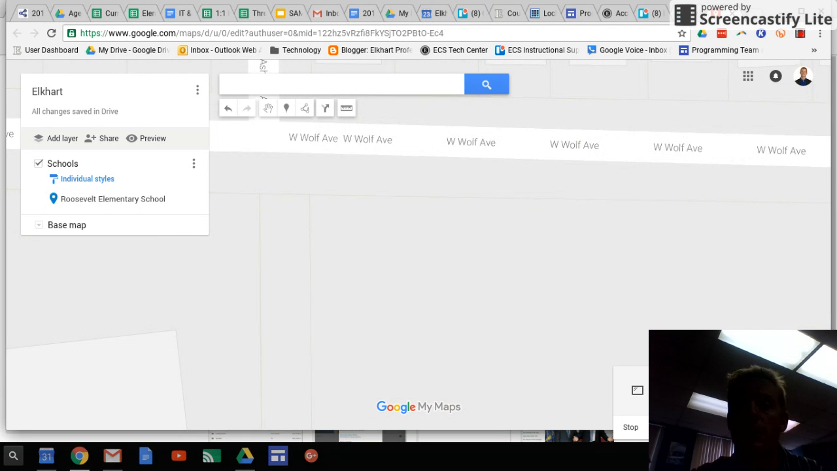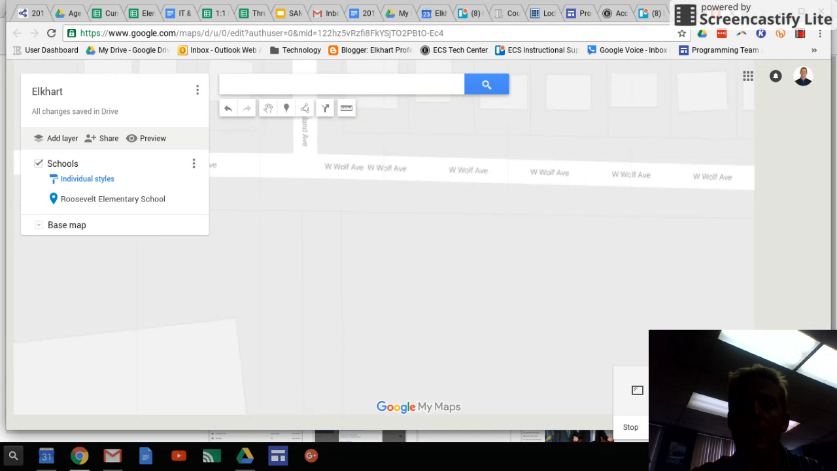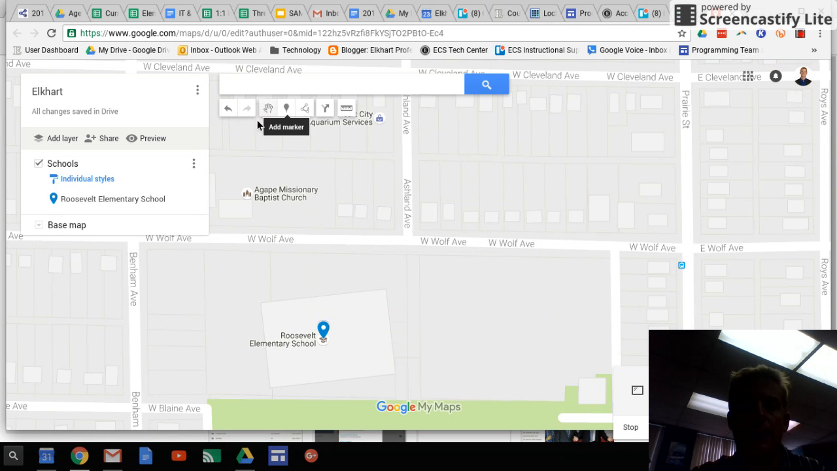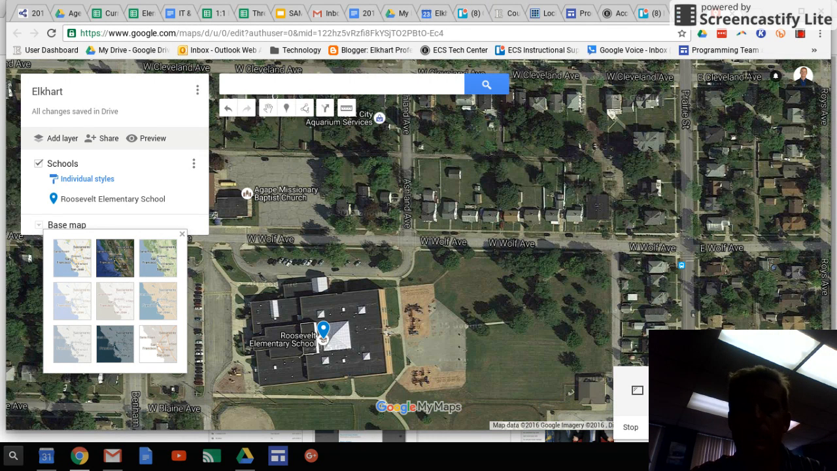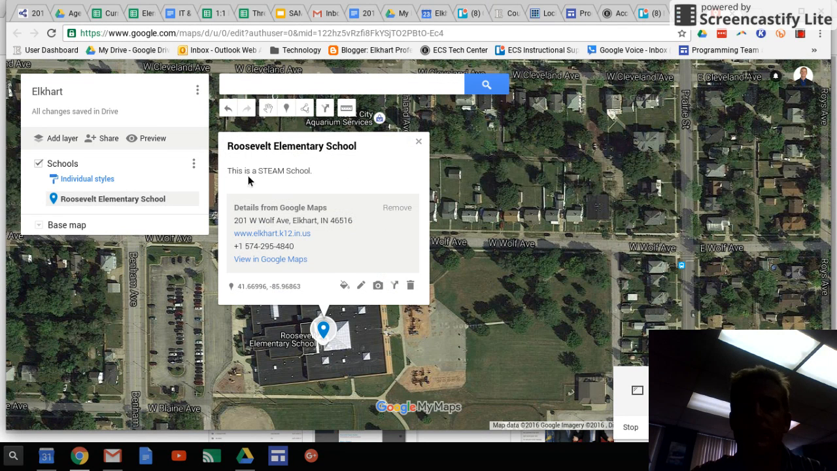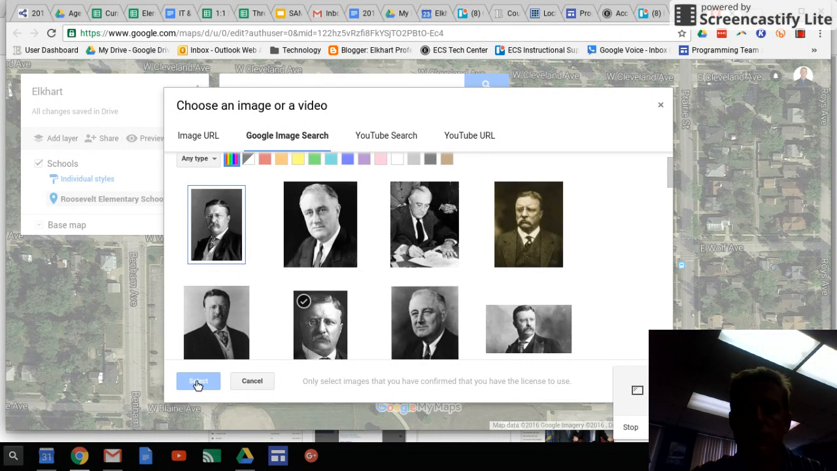And this is just a map that I have created, and I can choose to have different kinds of layers on it. So a base map could instead be a satellite map. And now I can see that Roosevelt School is there. It has a special icon that when I open it up, it says this is a STEAM school. And I have my image, which